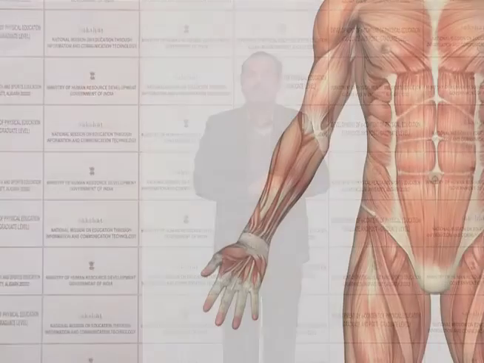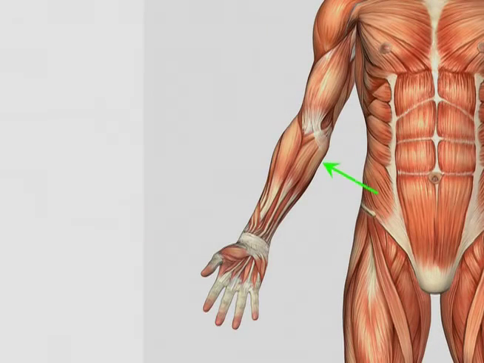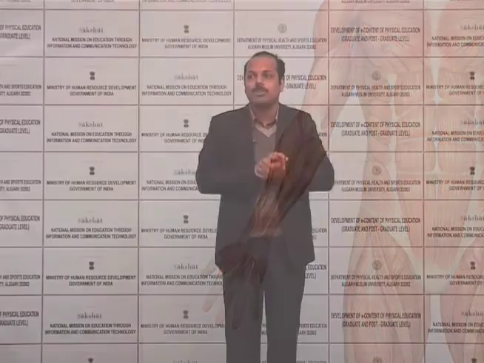Its nerve supply is the anterior interosseous branch of the median nerve, and the function is flexion of the phalanx of the thumb. Next muscle is the flexor digitorum profundus. Its origin is from the upper 3/4 of the anterior-medial shaft of the ulna, and the muscle divides into 4 tendons just prior to traversing the carpal tunnel and attaches to the distal phalanx of the 4 fingers.